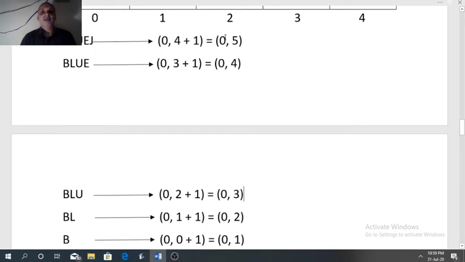Now analyze the starting index of this final ordered pair. The starting index of each row is constant, that is 0, and the last index of each row is varying: 5, 4, 3, 2, 1.